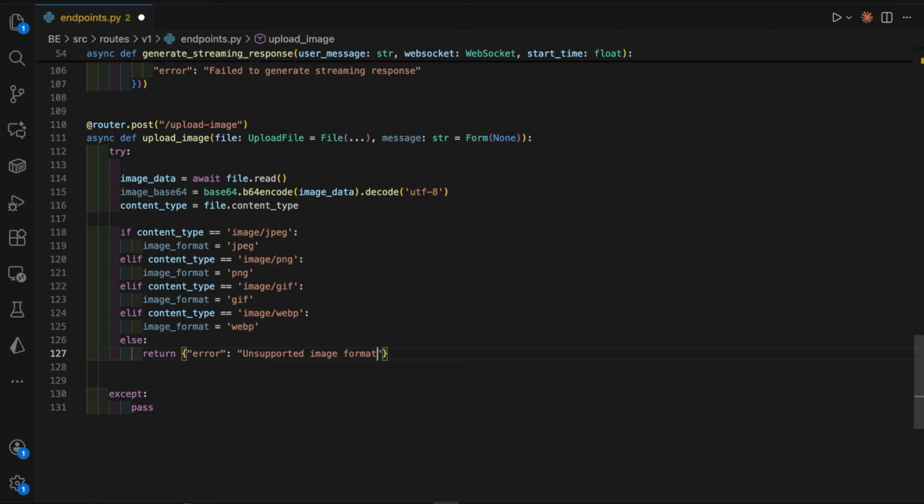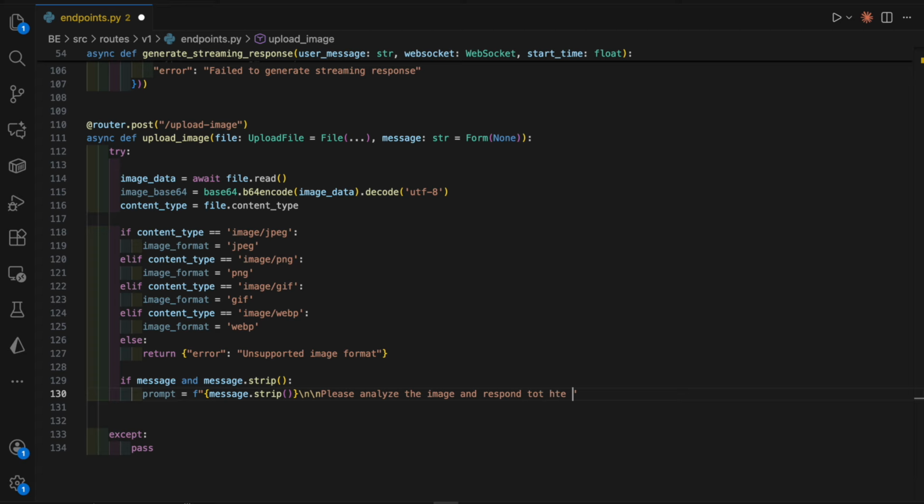unsupported image format. So next what we will do is create a prompt based on whether a user provided a message. So we'll say if message and message.strip, so if it's not an empty string, the prompt will be a formatted string like so. First thing will be the stripped message, so message.strip. Then we'll add some new lines, and then we can say,